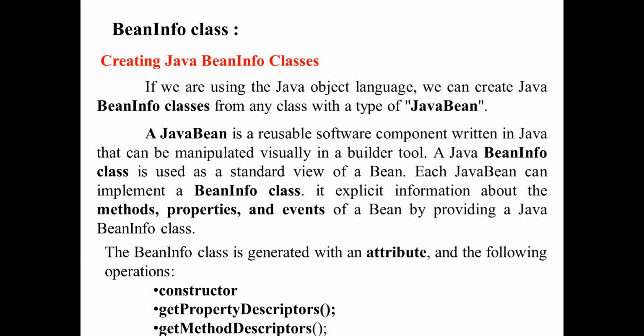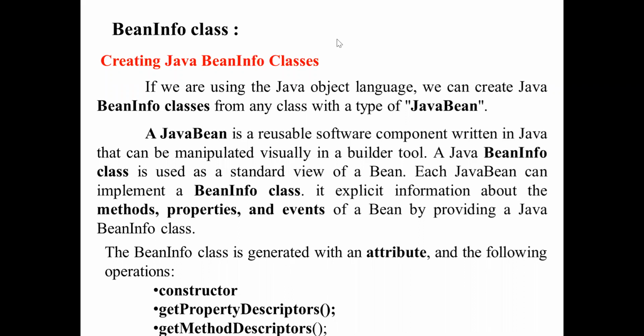If you want, you can explicitly give the information about the methods, classes, properties, and events of the Bean by providing the Java Bean info classes.